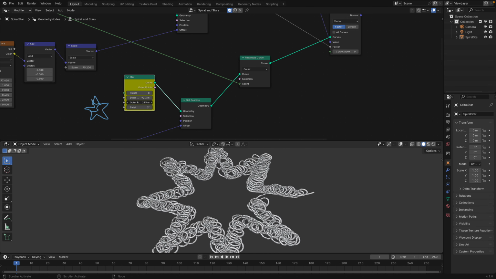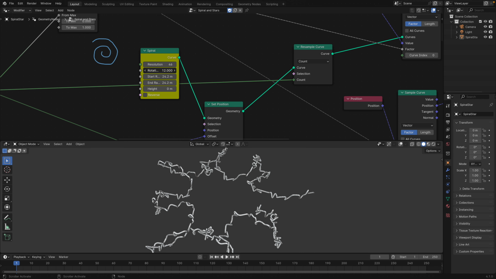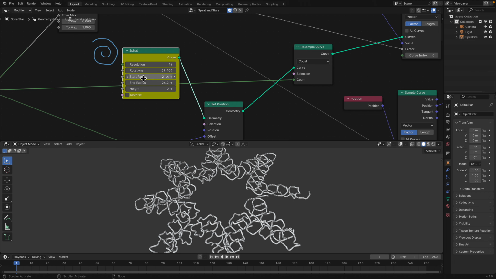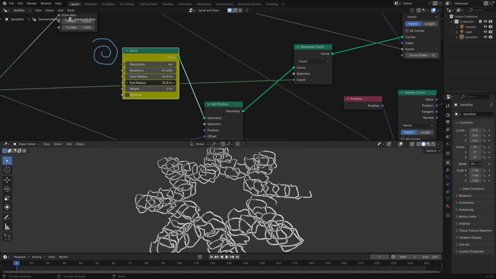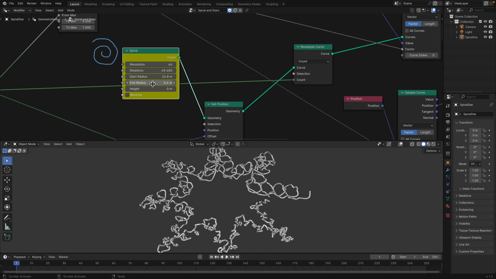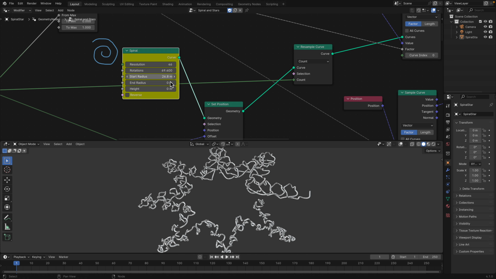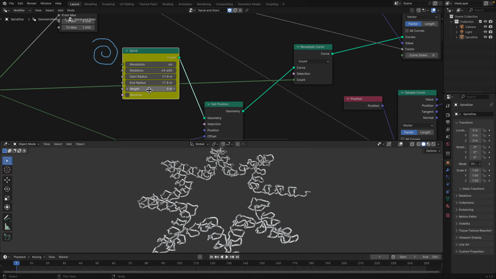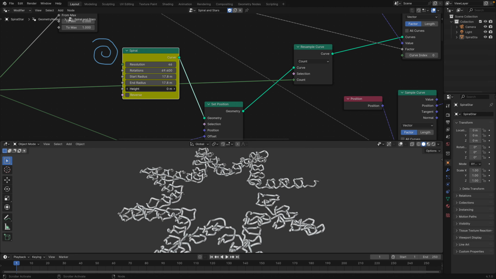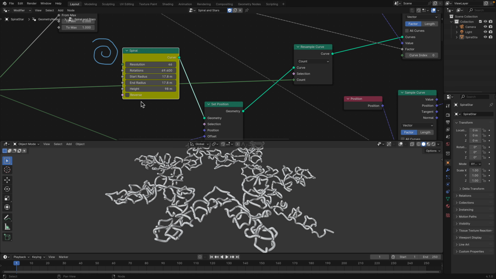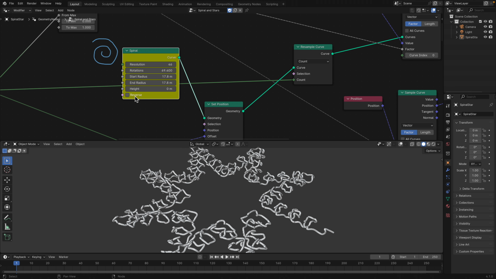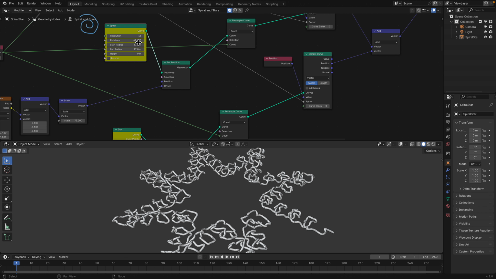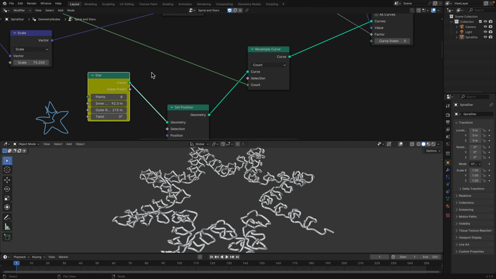The star has inner and outer, and then the spiral has a degree of rotations that we can use, and also a start and end radius, so that can be different. It can be less spirally at the end, but both can have the same radius. Of course, we also have the height, so that can make it more 3D, but we just zero out the height. We can also reverse. That comes with the geometry nodes spiral and star. The output is going to be a curve,